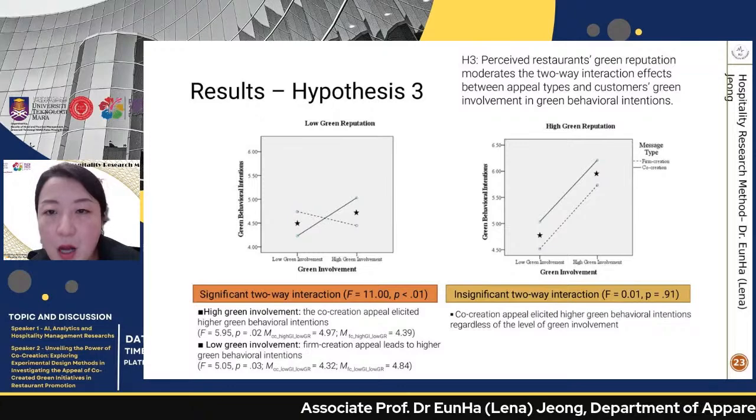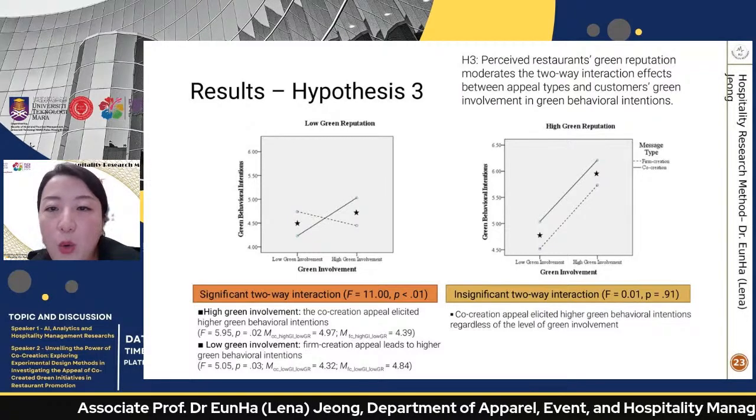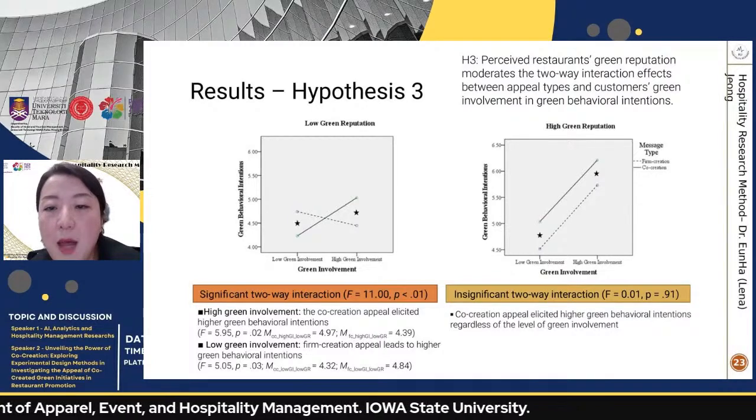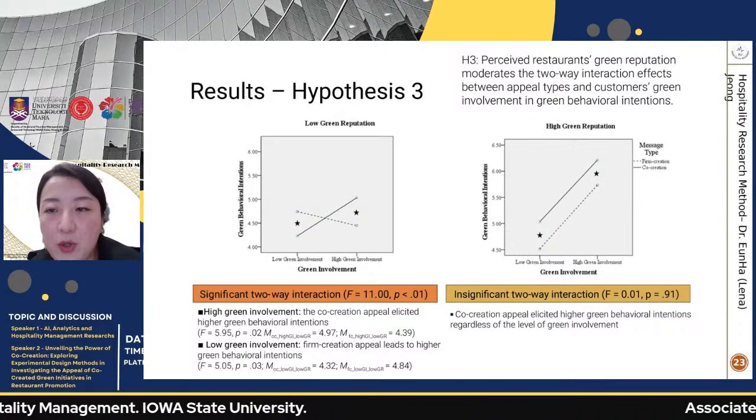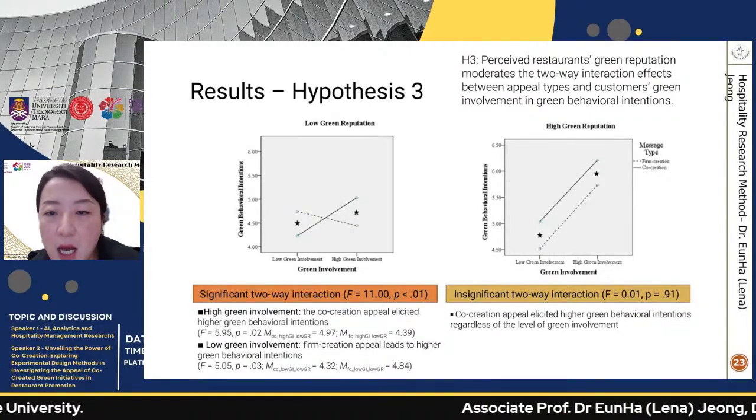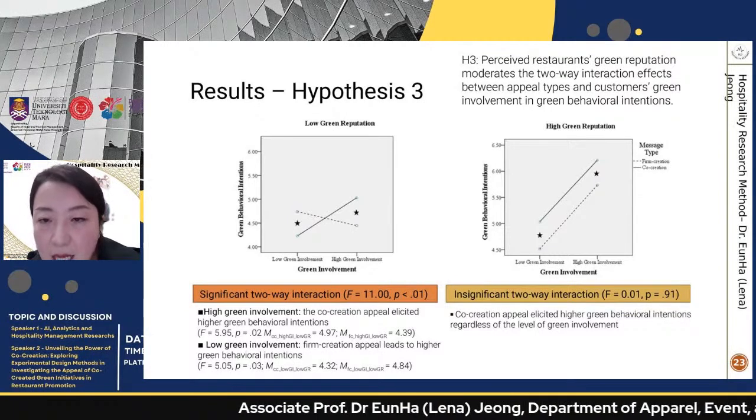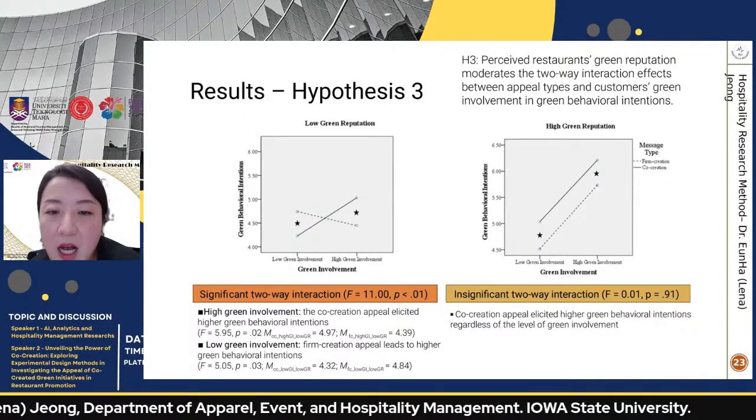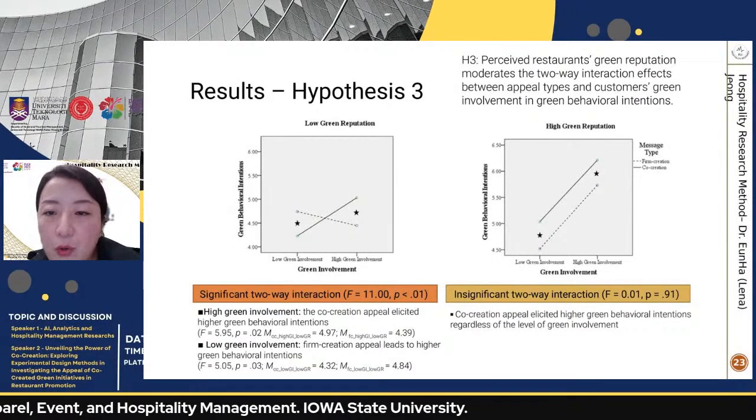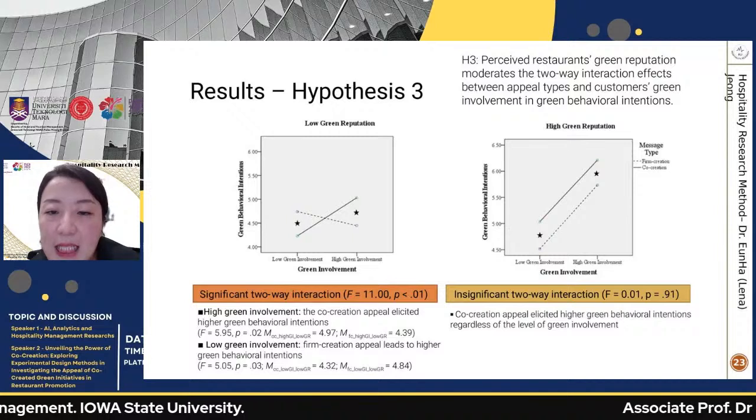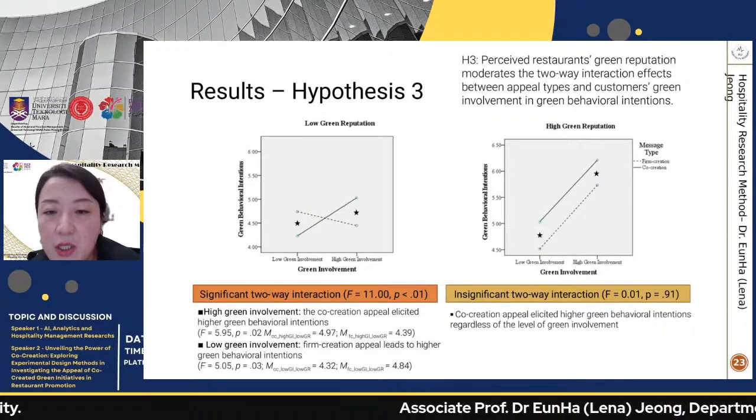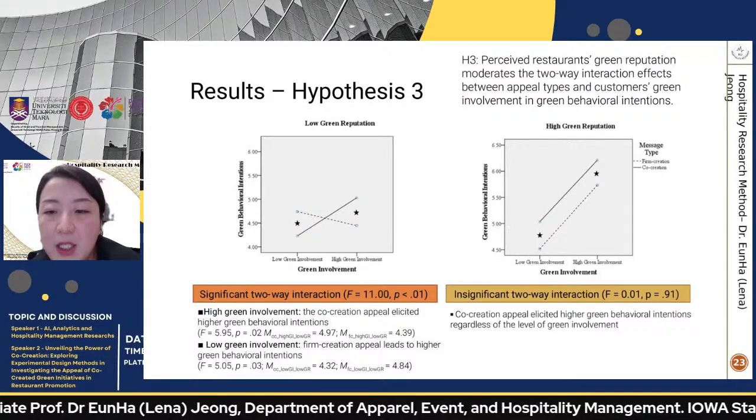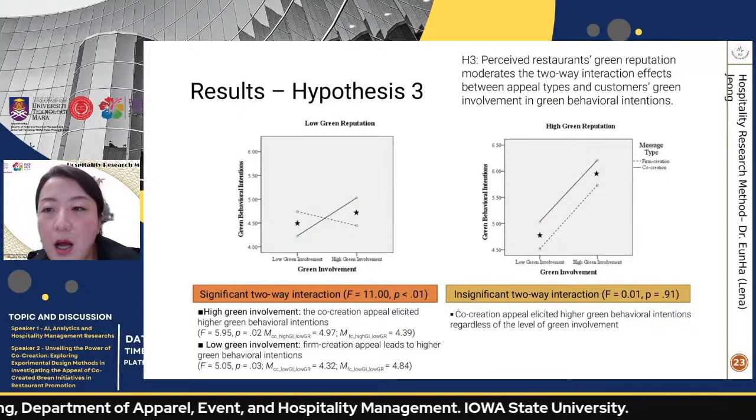So first, let's focus on the low green reputation restaurant. Within the low green reputation restaurant situations, we found a significant two-way interaction effect between the green involvement and the message type. Another way to say it is, as you see here, again, this is interpretation within the low green reputation restaurants. For the high green involvement people, the co-creation message appeal elicited higher green behavior intentions. However, for the low green involvement group, the firm creation appeal led to higher green behavior intentions. And